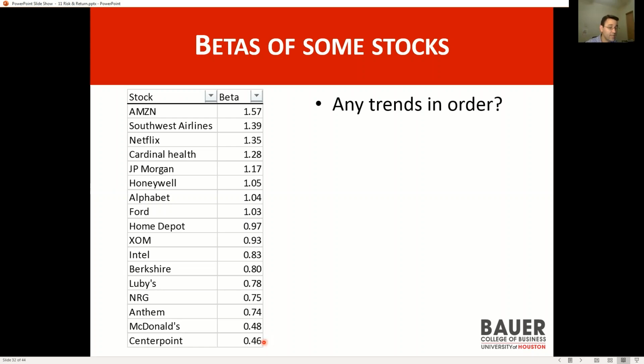Conversely, if you think at the very bottom, CenterPoint is our electricity provider, our utility provider. If things are bad and you lose your job, you're still going to have to pay for AC. Right? You're not going to make it through a Houston summer without air conditioning, so you're still going to be buying electricity. Maybe you can cut back a little bit, keep your thermostat at a higher temperature than you otherwise would if things are bad. But there's a limit to how much you can cut back here. So CenterPoint has a low beta, presumably because people don't alter their spending on electricity that much during recessions versus booms,